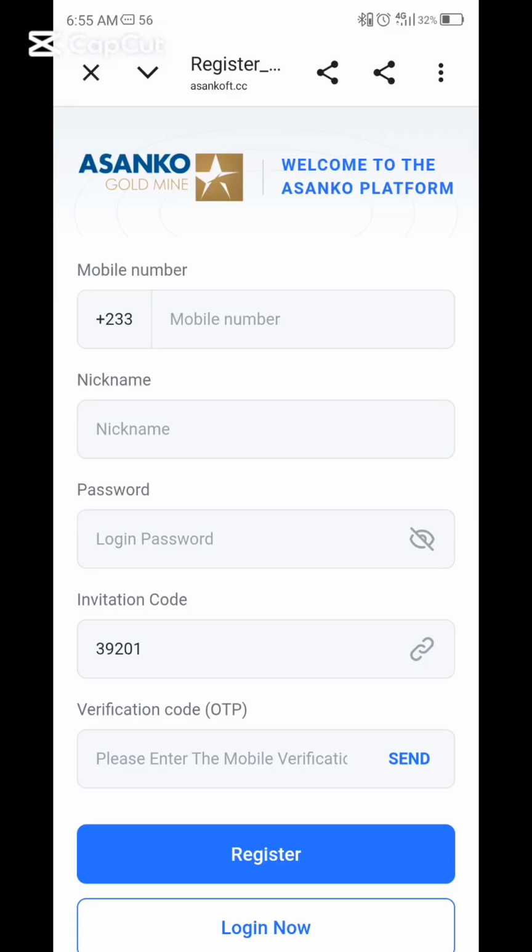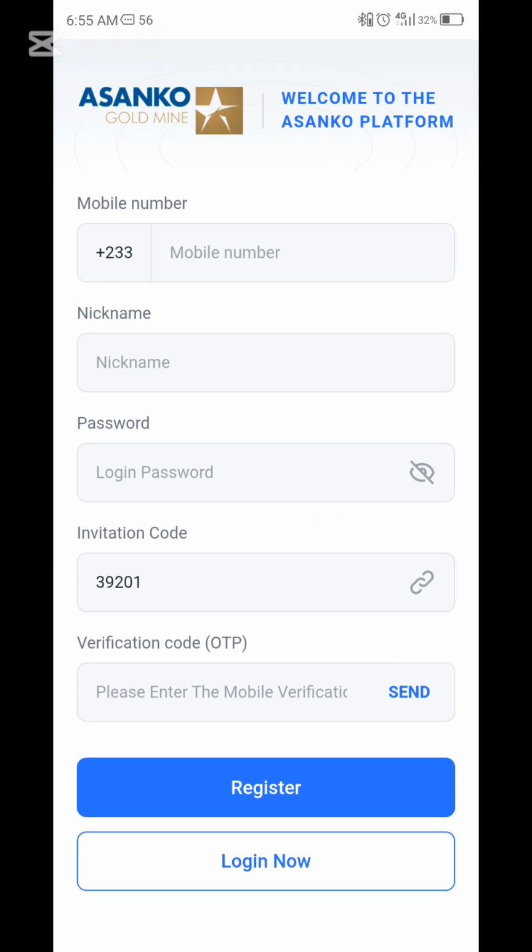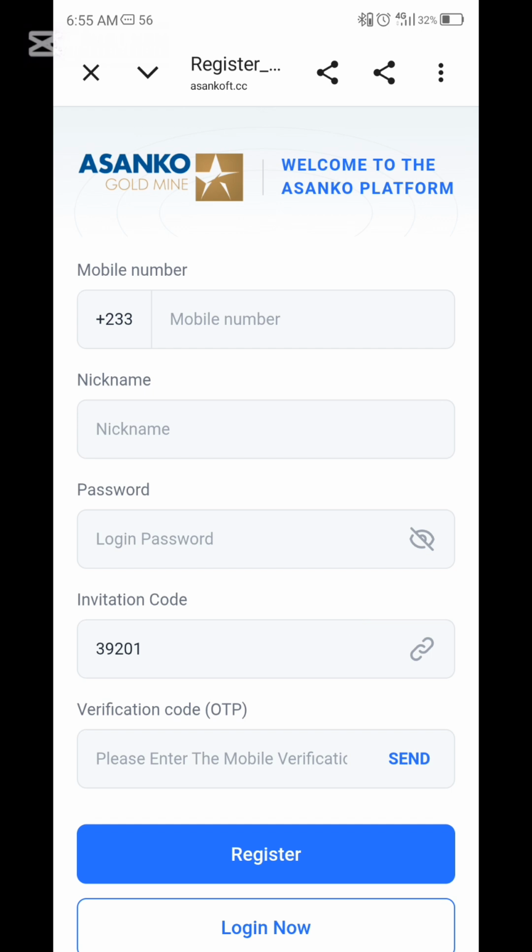So this one is a new platform that has been launched just yesterday, and I want to introduce it to you. Okay, so if you click on the link in the description over there,